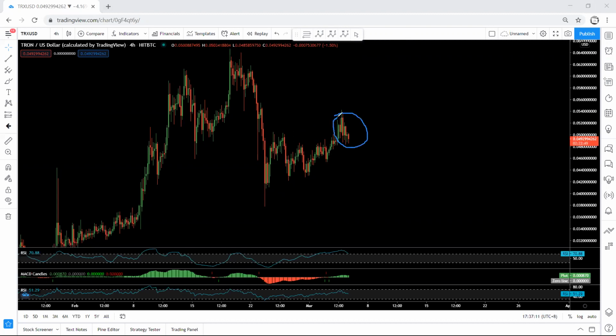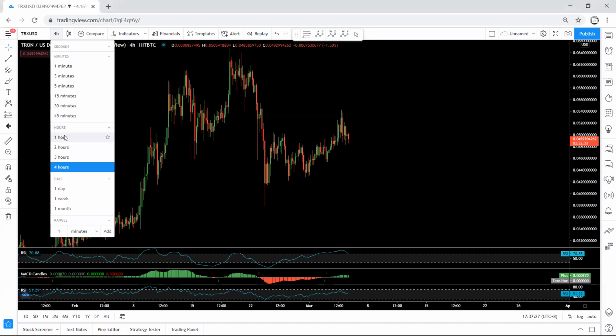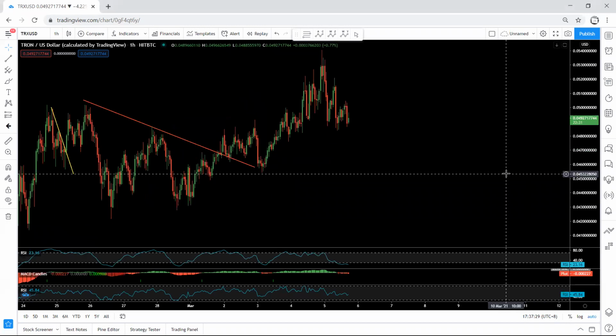We want to see whether this is a correction for continuation, or we can even expect the price to break the top and drop, because as we mentioned, maybe this one can be relative to this 1, 2, 3. Or this is the start of the down move. In any way, we want to see how we can look for trade. First of all, if we move to